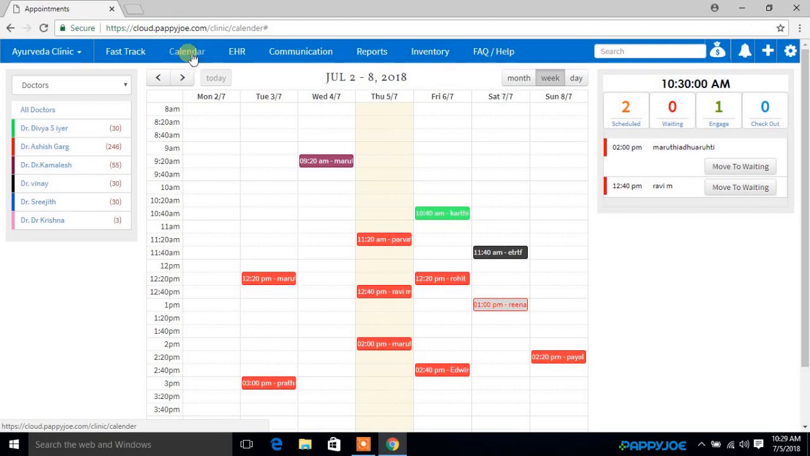Suppose a patient named John came to the clinic to consult a doctor for fever. Let's see how Pappyjoe is going to help the clinic. Firstly, to enter Mr. John's vital signs like pulse rate, temperature, BP, etc., the doctor can click on EHR